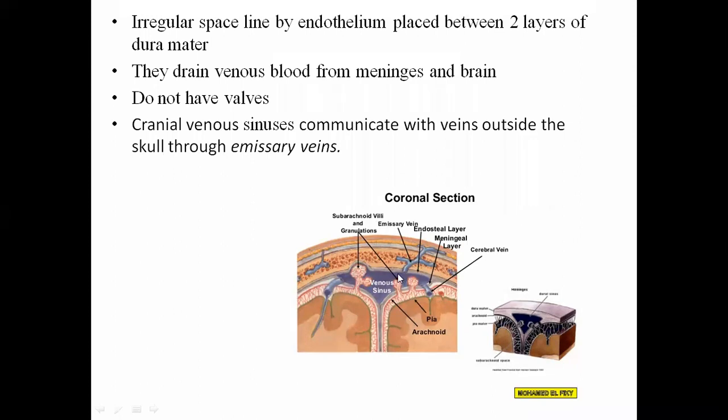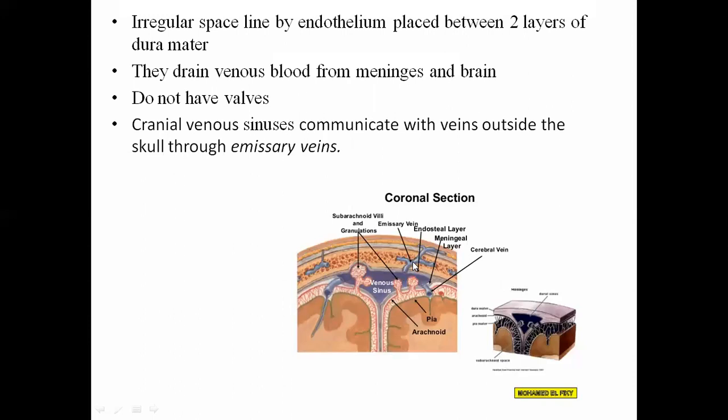And cranial venous sinuses communicate with veins outside the skull through emissary veins. The venous sinuses which are located within the skull can communicate with the veins which are outside the skull through communicating veins which are called emissary veins. We can see in this diagram emissary veins which are connecting the dural venous sinuses with the veins which are located outside the skull. So for example, the veins in the scalp